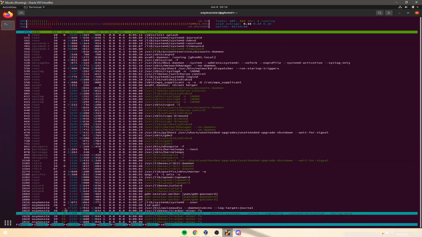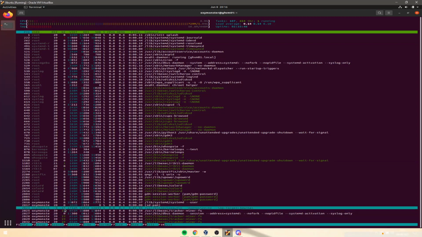Here, this one has a nice level of 19, and this one has -11. So -11 is lower than 19, so this one would get priority. And we have different options here. We could increase the niceness or lower it, or we can kill the process. We can filter processes, search for them, and